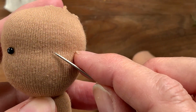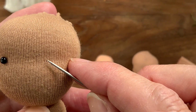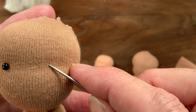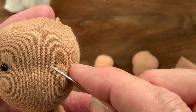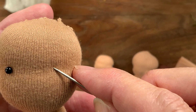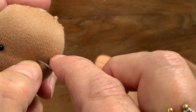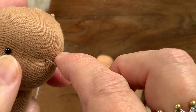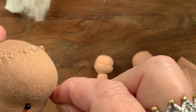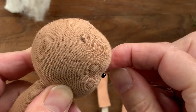Let me put it in camera. You can still see the little hole there. And now with my needle, I'm going in, and you see all these lines here, and they matter. I'm going in on top of the line that is underneath. I can still feel it with my nail. And I'm going to push this to the back of the head,